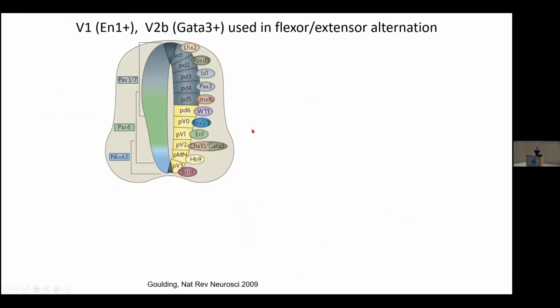I'm going to tell you just very briefly about one other population of inhibitory neurons in the spinal cord, because it turns out you got really different consequences of changing this inhibition. I think that's useful to think about. So I told you about the V1 population, and now we're going to talk briefly about this V2B population. The one thing that we already knew about the V1s and the V2Bs is they seem to be really important